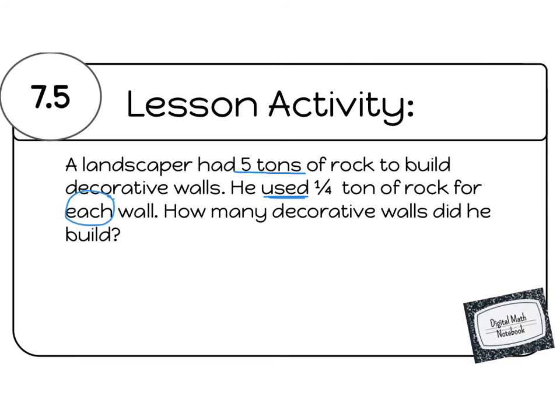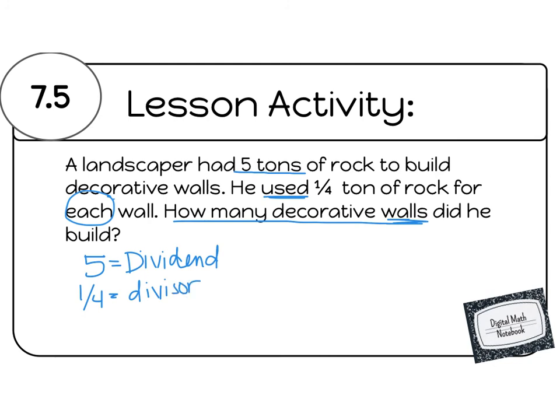How many decorative walls, so this is going to be our answer, how many walls did he build? Okay, so that means that we have 5, that's our dividend, right? That's how many tons of rocks he started with. And then he used 1/4, so that means every single wall was 1/4 of a ton. So 1/4 is our divisor,